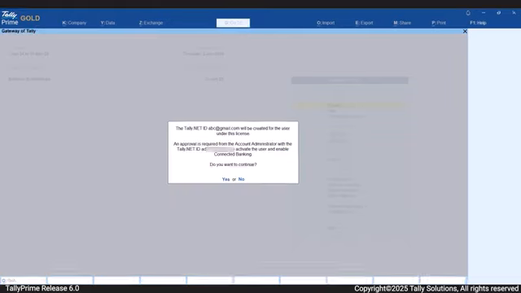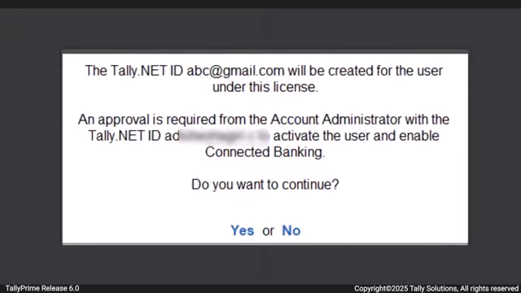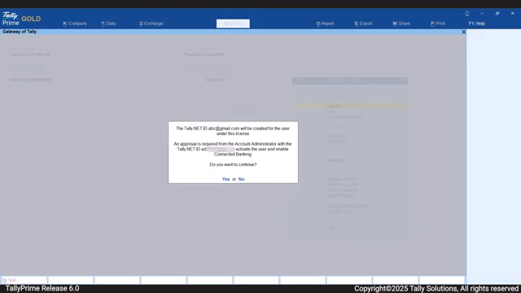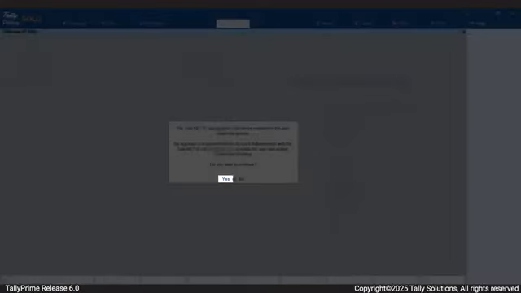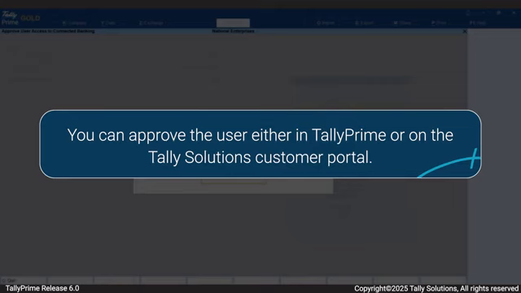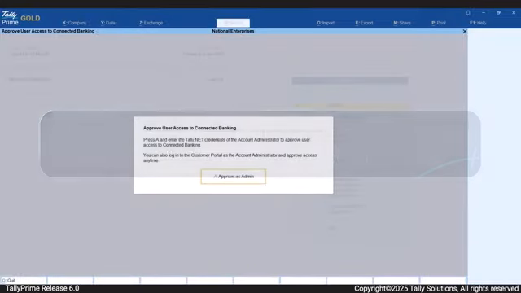If the Tally.net ID does not exist under the running license, then a message appears. You need to create the Tally.net ID before enabling connected banking. Press Y to proceed. You can approve the user either in TallyPrime or on the Tally Solutions customer portal.